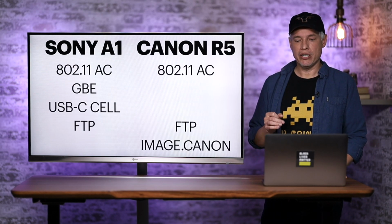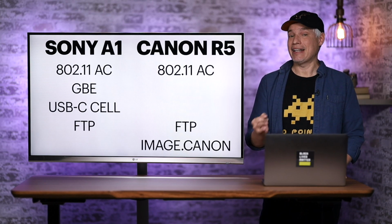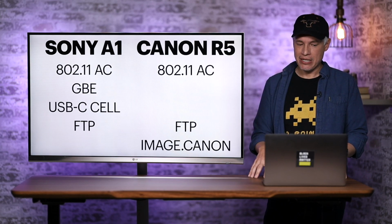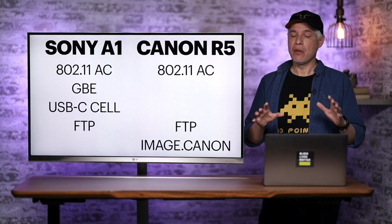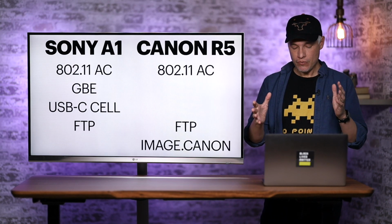The Sony A1 and Canon R5 both offer 802.11ac. Again, not the fastest, newest Wi-Fi, but it's good. The A1 also has a gigabit Ethernet port, which the R5 lacks. It'll do USB cell tethering, which I don't think the R5 will do. They both do FTP transfers, but the Canon R5 also will upload files directly to image.canon, which is this service